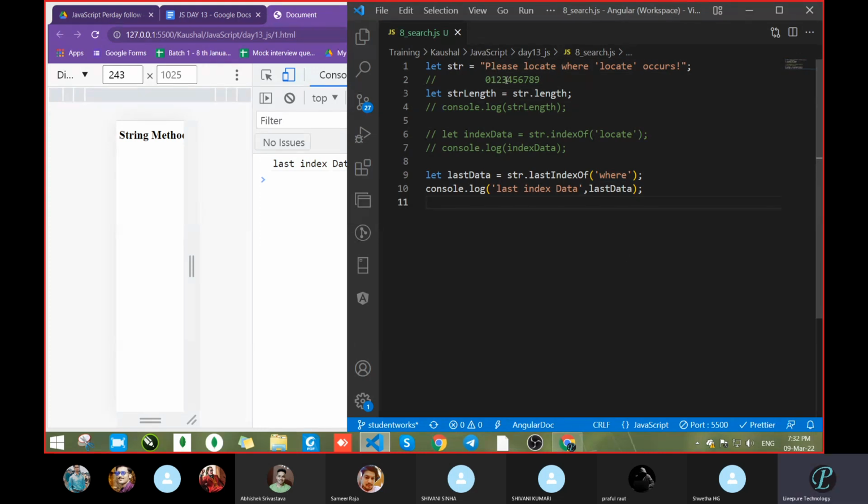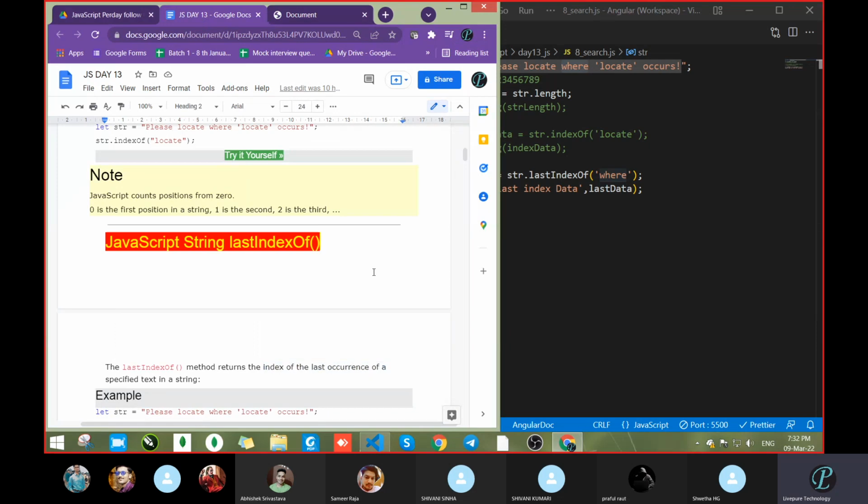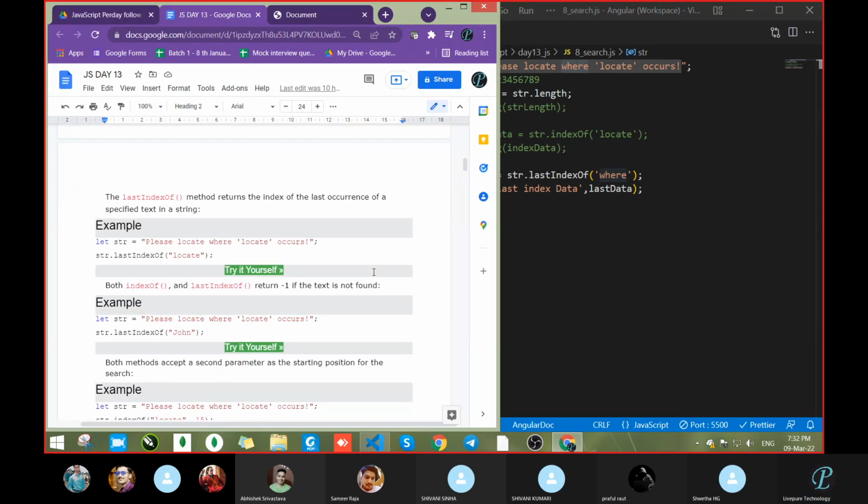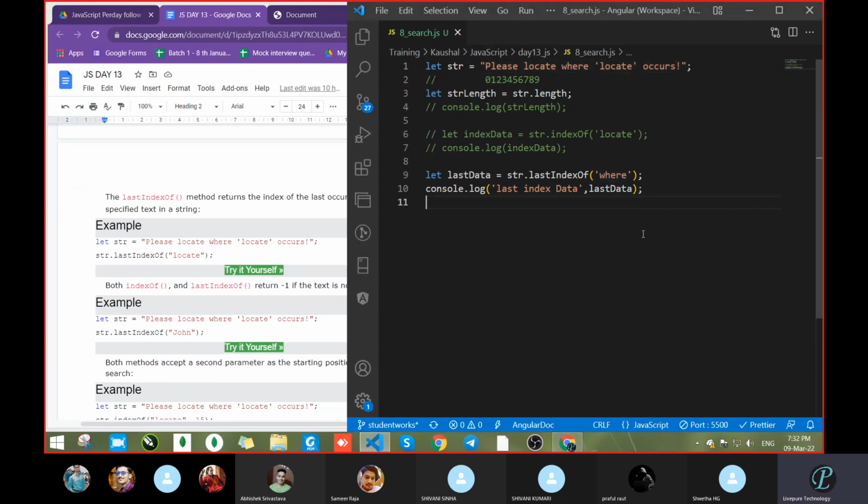So 0, 1, 2, 3 up to 9, okay, 10, 11, 12, 13, it's 14. It is giving the same actually, like a starting index. Let's see here what they had written. We need the result, that position of E, because we have to show.